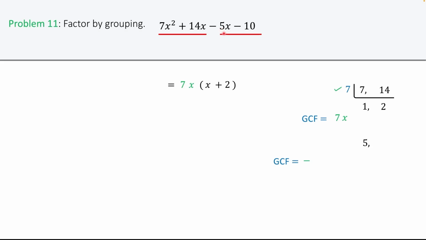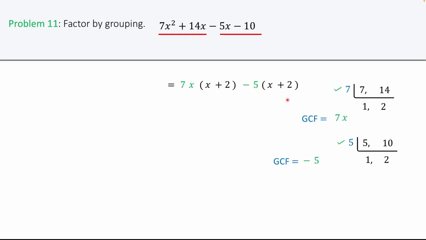Take the numbers 5 and 10. Divide. These numbers can be divided by 5. 5 divided by 5 is 1. 10 divided by 5 is 2. You cannot divide these numbers by a number. So the GCF is 5. Now look at the variable. There is an x here, but no x here, so there is no common factor for x. So the GCF is negative 5. Factor out negative 5. And divide each term by negative 5. Negative 5x divided by negative 5 is positive x. Negative 10 divided by negative 5 is